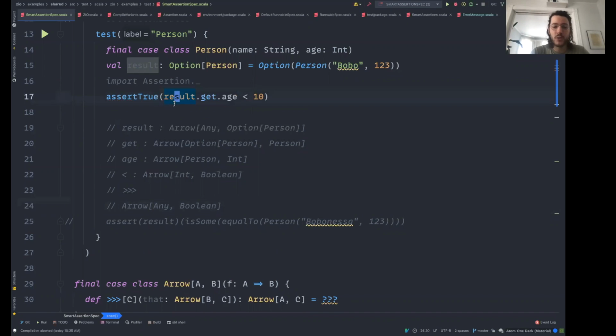So only a boolean expression will satisfy this. So we're guaranteed that once we process this expression as an abstract syntax tree in the macro, we can unpeel it from right to left, and we are always going to get an arrow from any to boolean, because for it to have parsed as a boolean, the right-hand side needs to finally return us a boolean somehow,